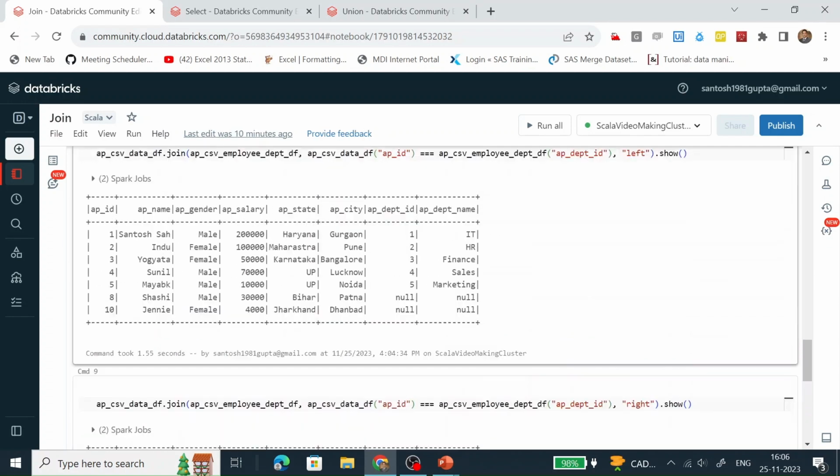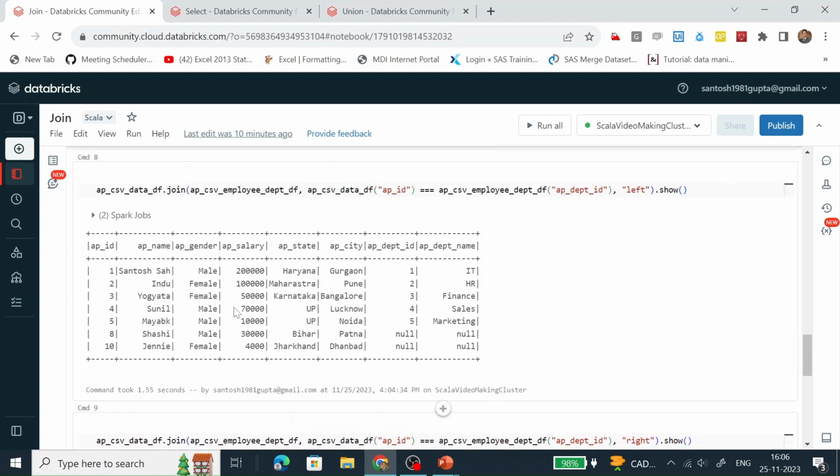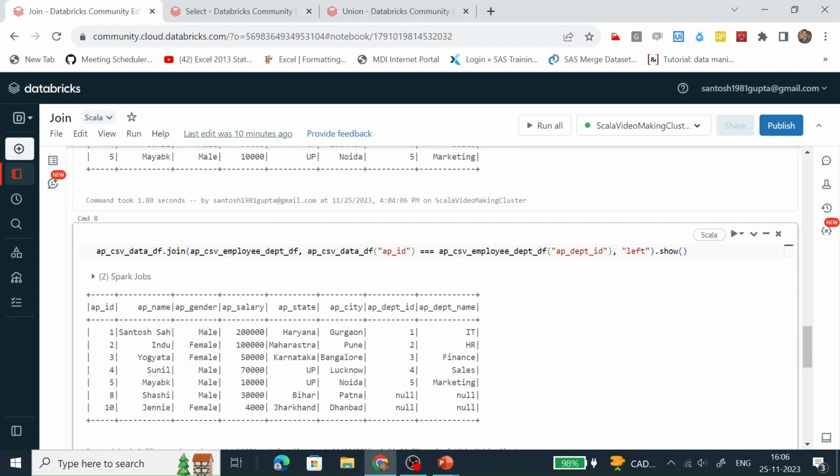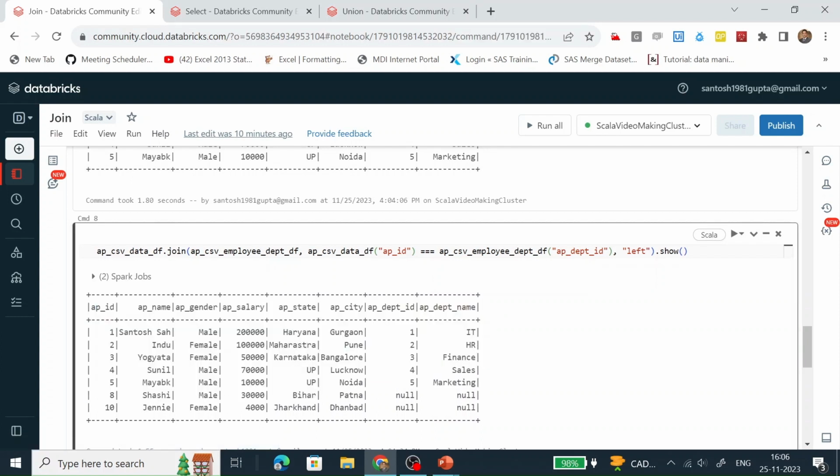So in the right table there are 5 records. We can see here there are 5 records. So this department ID and department name are populating from the right table, and this is the matching data which is present in the left table. Till here, this is the matching data, right? And this is the data which is present in the right table.